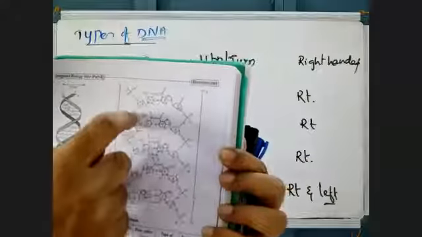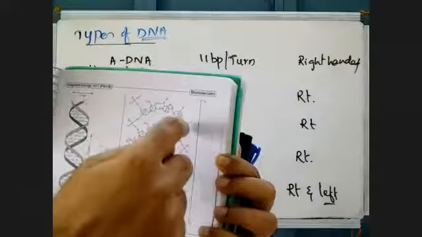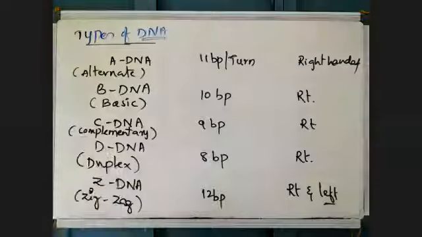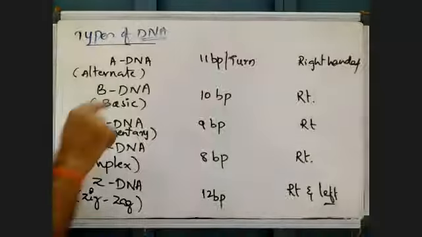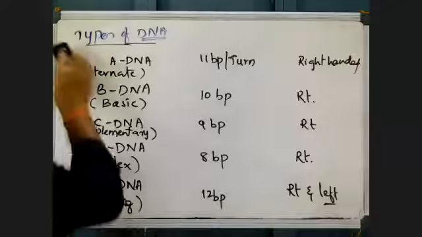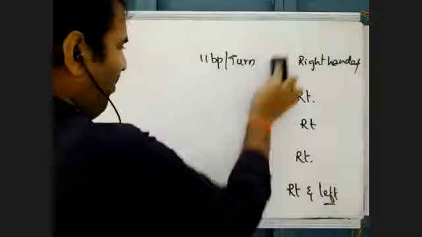In this structure of DNA molecule, sugars are present on the axis, phosphates are present outward, and nitrogen bases are present inward. Sugar on axis, phosphate outside, nitrogen base in the middle. Those nitrogen bases form hydrogen bonds. That is what a base pair is. One pair has 2 nucleotides. These are types of DNA molecule based on the number of nucleotides per repeat. In one repeat, how many nucleotides are present? Based on that, they are given like this.